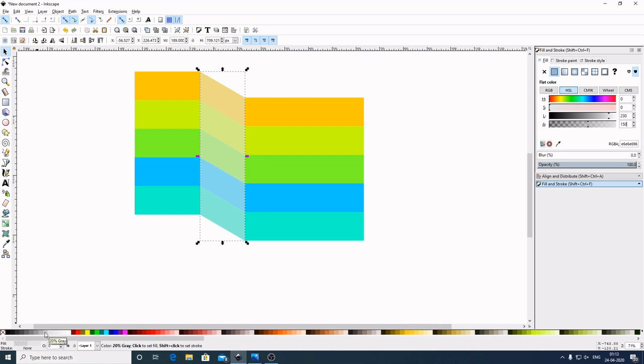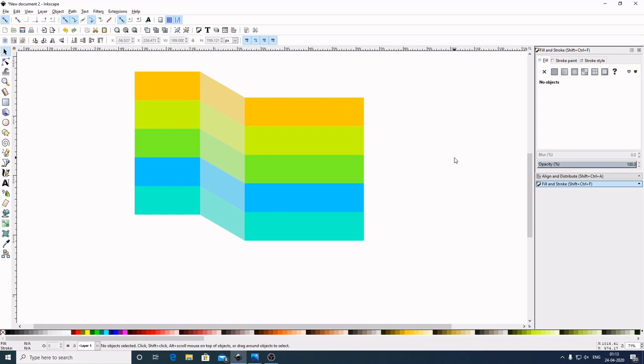Let's say this one are 20% gray. 10% gray looks good. Now select out of the graphic to deselect. We have created a basic structure.